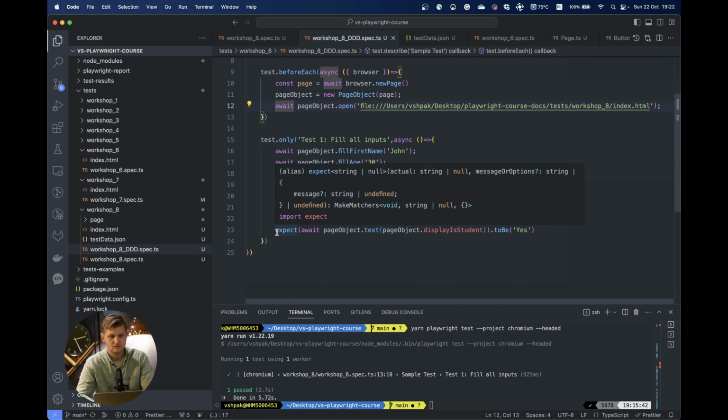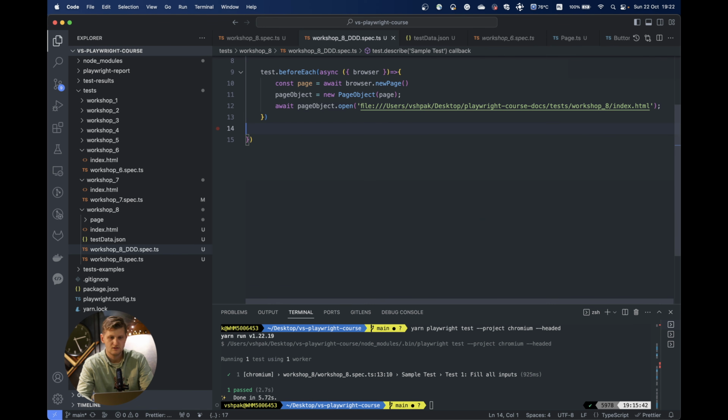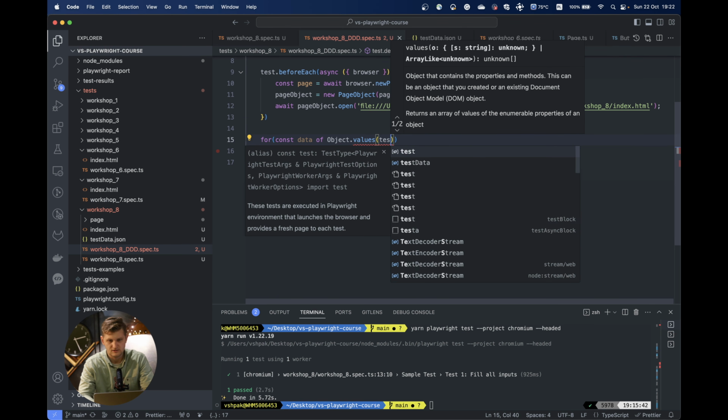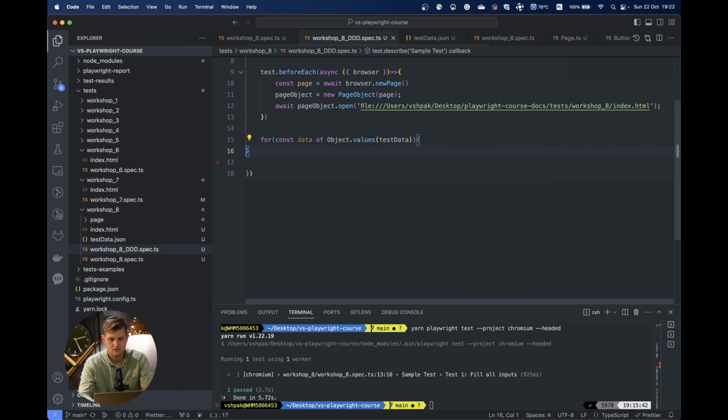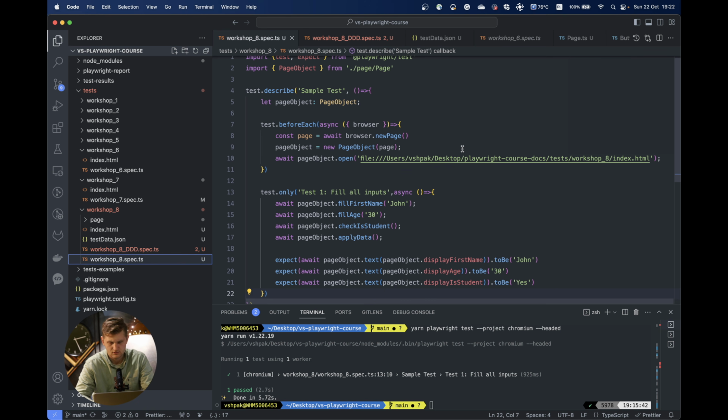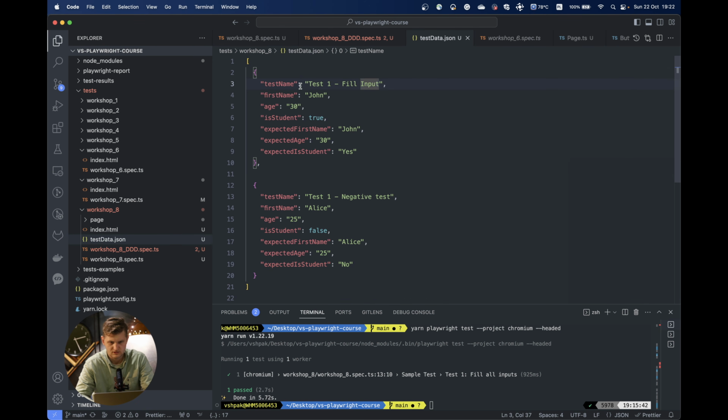So to make this possible, we can delete this, and there is not much sense to write 2 test suites for this data. What we can do is actually write the for loop to run our data through the same test. So what we would need is to run the for const data of object values test data. And we would say that if data test name is test 1,